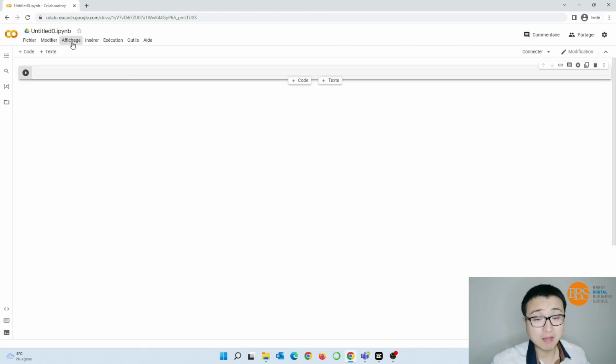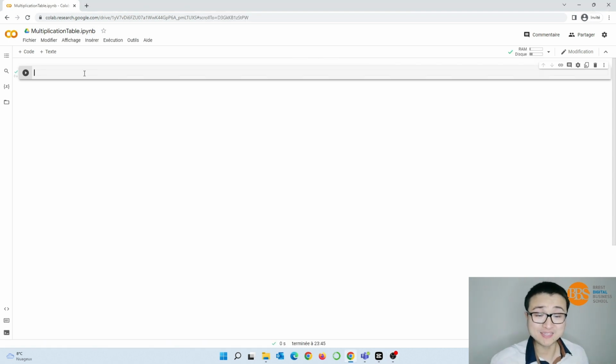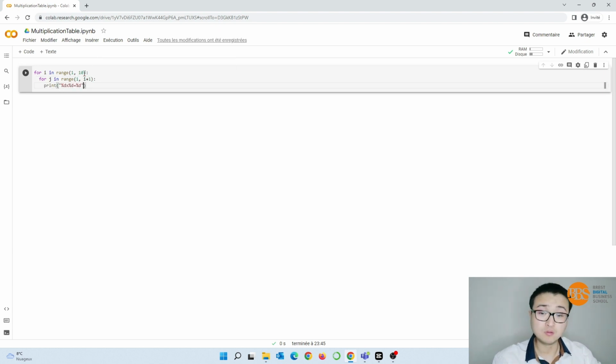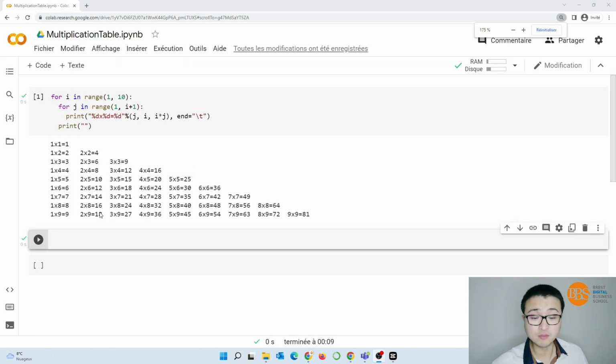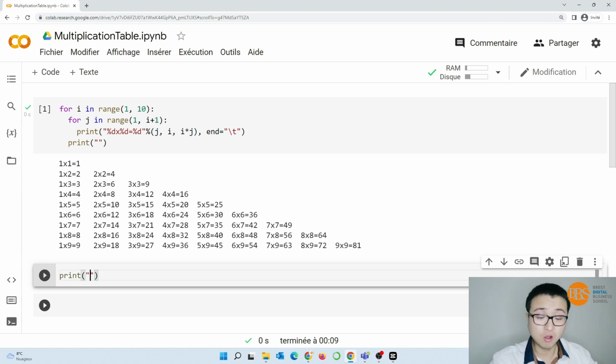Okay, today our work is to do a multiplication table. What we will do is like this. Now step by step I will explain how this piece of code is made. The core command in this piece is print. It is often used to display something. Like the most known habit of learning programming, we begin with print